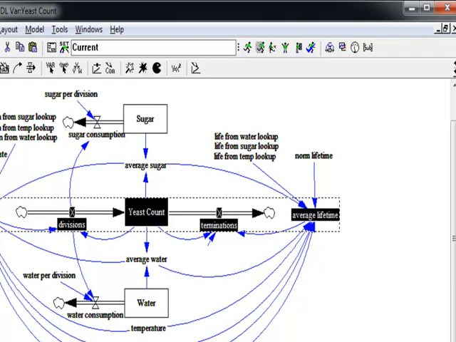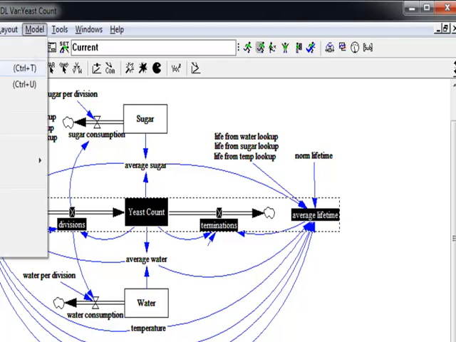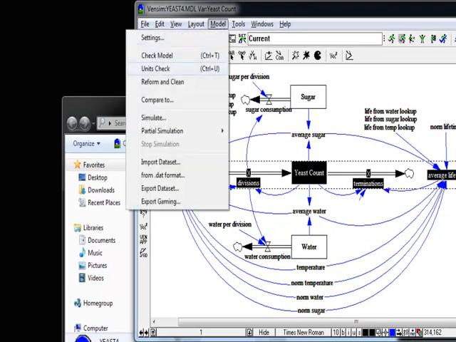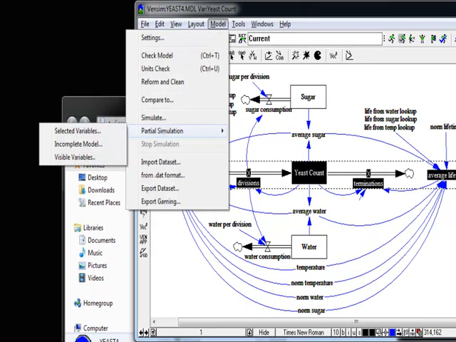Now I only want this, okay? I don't want anything else. Then what you do is that you go to model, you see partial model. It's getting out of my way, I'm just going to push this to the side. So model, partial model, and then I select the option